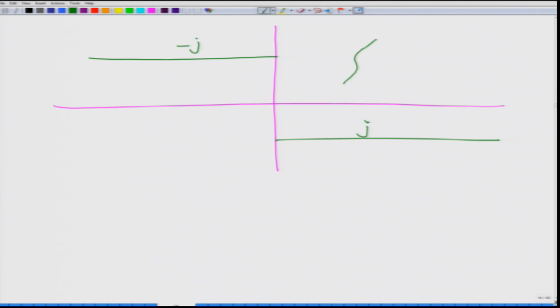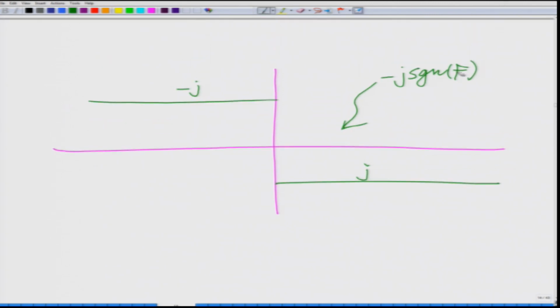So, this is basically minus j sin f, although this is a complex quantity. So, strictly speaking this is not correct, but for the sake of convenience we can simply represent this as minus j sin f with 0,